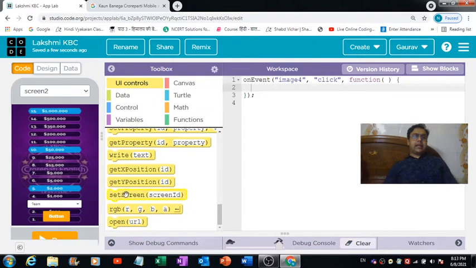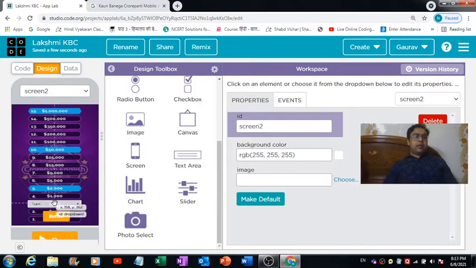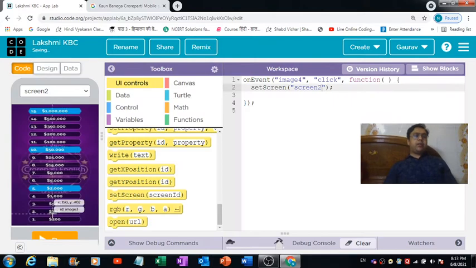So simply I can put this set screen block over here. Let me eliminate these button and components from here, because we don't require an input box or any button on this screen 2. So now the user is on screen 2.